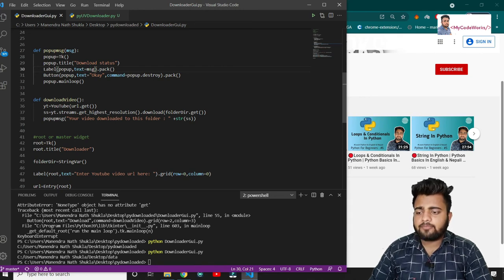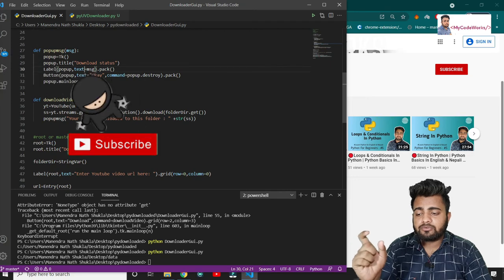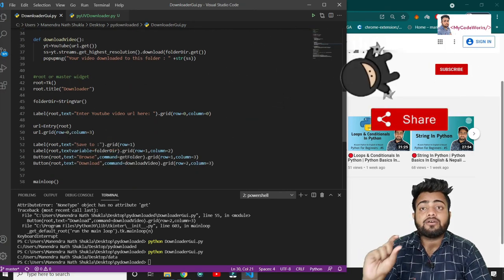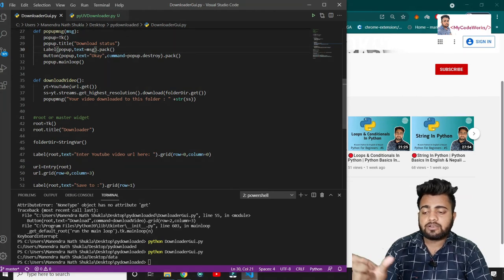The third one, right? The second mistake is that we have just stored a text variable. A text variable should not be there when we are dealing with text, right? It's a string. We haven't used any kind of variable here. It's a message only. So in message, some message is stored, right? So simply we are putting that variable here. So text will be message, whatever message we are sending from this download video folder to this one, it's going to be printed there, right?